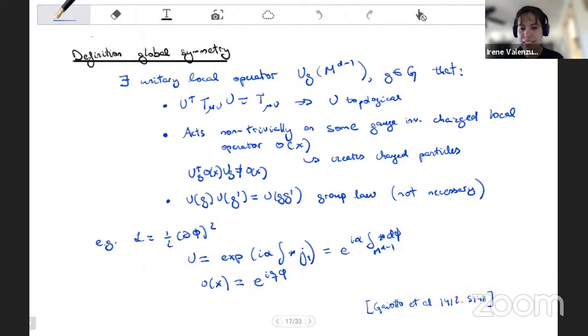Okay, so this is the definition of global symmetry that I gave you yesterday. It's the same slide. So we said that we need to have some local operator that is topological and that has some charged operators that transform non-trivially. Now, in order to talk about generalized global symmetry, the first notion of a generalized symmetry comes from these p-form global symmetries, in which the only thing that we change here, sorry,